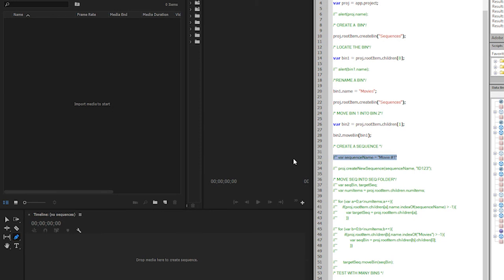Next, well, if we're in Premiere, we're probably going to be working with sequences in some way. So let's create a sequence. We're going to do all of this and then create a sequence called movie1. So I just here declared a variable, named it sequenceName, and gave it a name of movie1. And now that I have sequenceName as a variable that's housing this string, I will run this, which will be project.createNewSequence(sequenceName, ...), which is going to really be just this, and then give it a unique ID that is